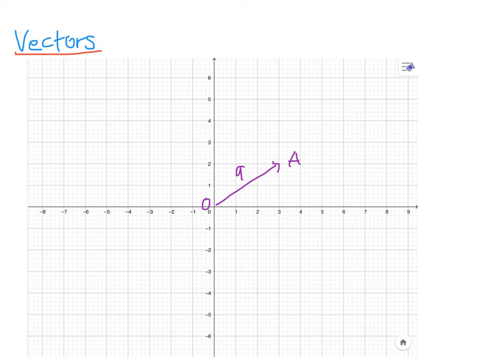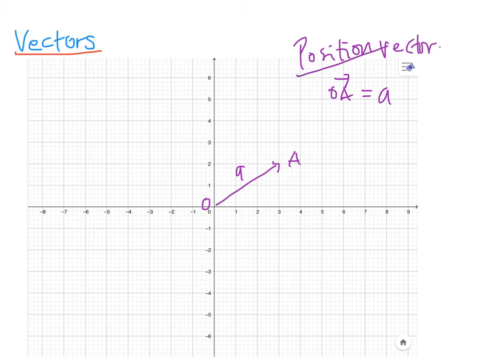So let me continue with the next one. Again, I already gave you the example of this. So this vector OA, or we can also name it as A, is called a position vector. The meaning of position vector is that it tells you the position of the final